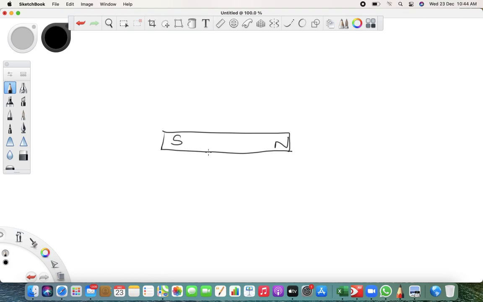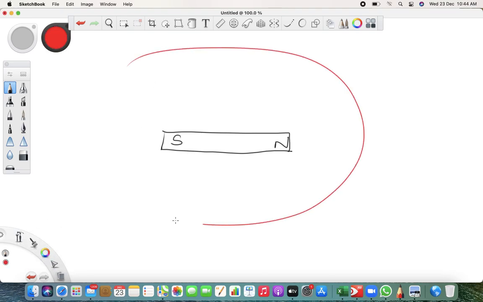Now what does that mean? Magnet having a magnetic field means the area around a bar magnet, there must be some attraction in this area only. For example, if you put an iron nail here, will it be attracted by this magnet? It depends upon the magnet. If it is very far, then it is not going to be attracted by the bar magnet. But if you put it here, definitely it gets attracted. Why? Because it is under the range.